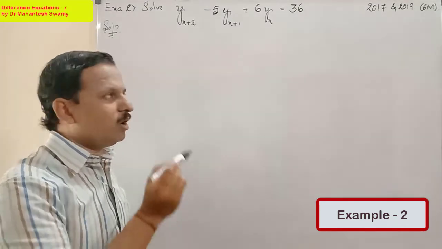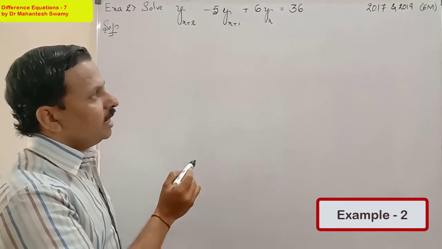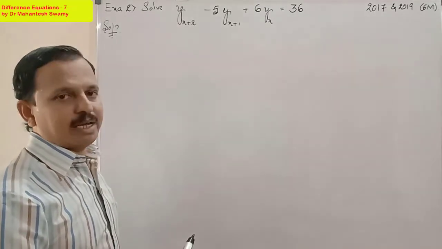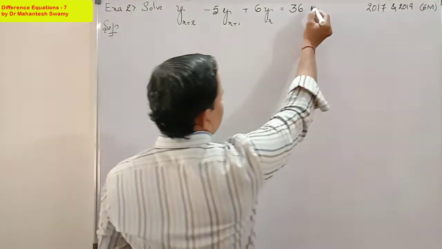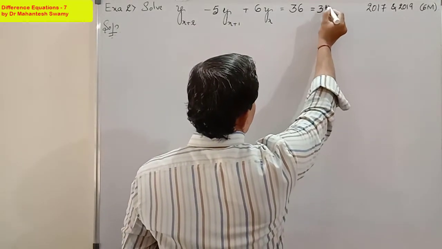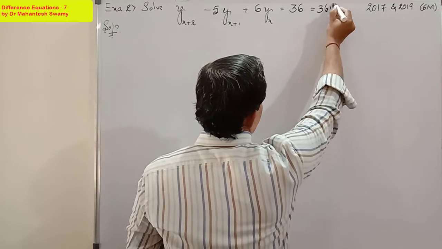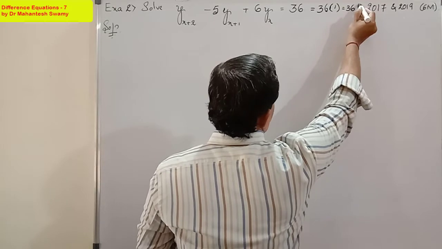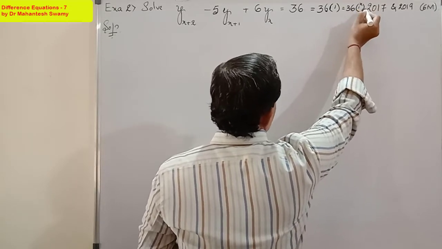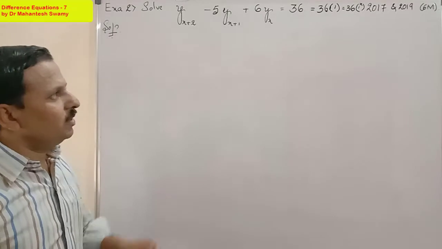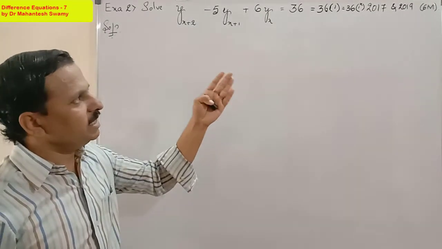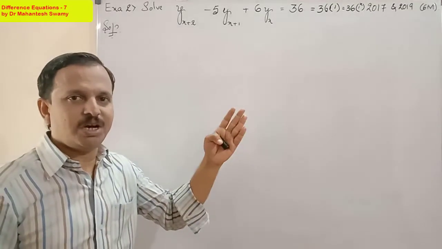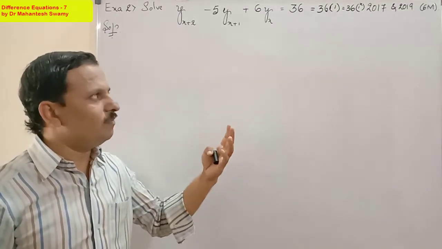And here I want to consider this problem under case number 2. Why am I going to consider it under case number 2? Because I can write this 36 as 36 into 1, where 36 stays as it is and 1 can be written as 1 to the power x. We know very well that 1 to the power of anything is 1. Therefore, it is just like an a to the power x form, so this problem can be considered under case number 2 and can be very easily solved.